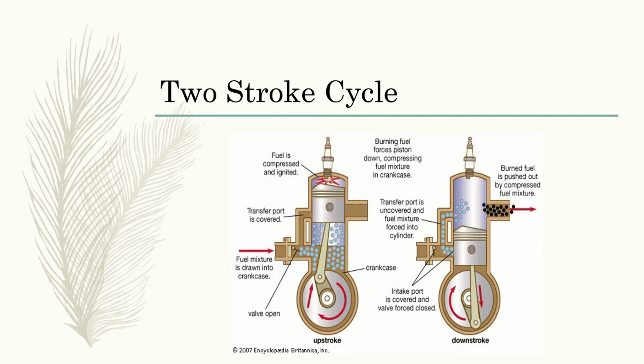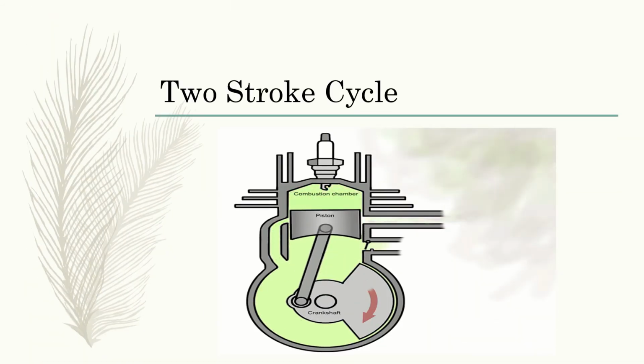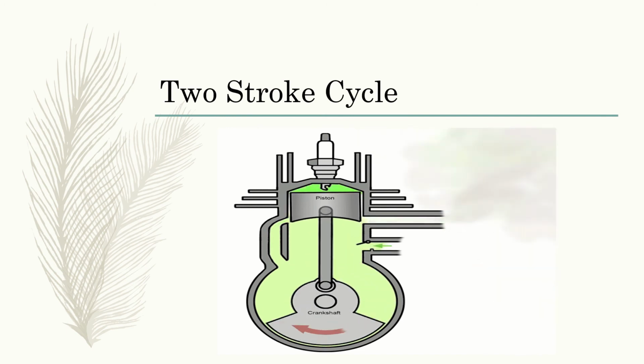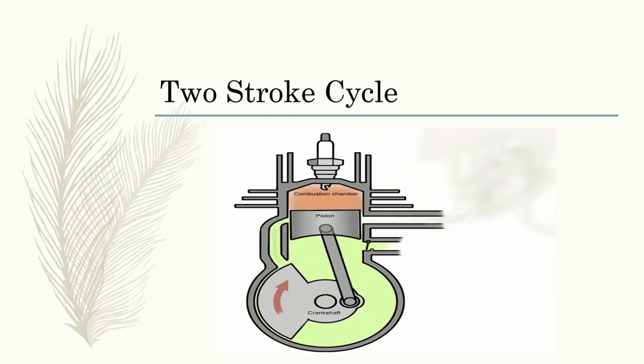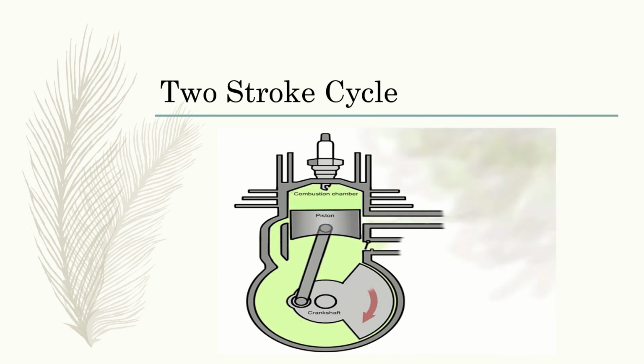In a two-stroke engine, the end of the combustion stroke and the beginning of the compression stroke happen simultaneously, with the intake and exhaust functions occurring at the same time. So unlike earlier, where intake, compression, combustion, and exhaust were separate strokes, here the combustion and compression are simultaneous, and the intake and exhaust as well. On the next slide, you will see more. Notice that the combustion and the intake happen together in one half turn of the crankshaft. Then the exhaust and the intake also happen together. That is the second half of the crankshaft revolution.